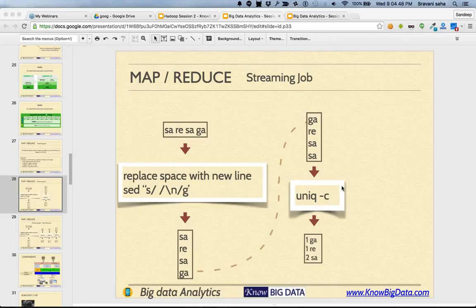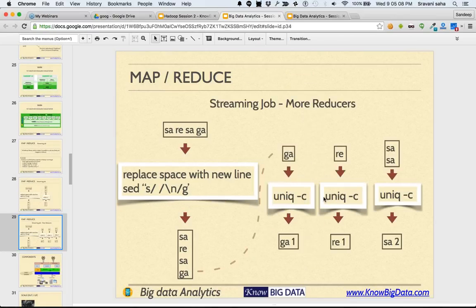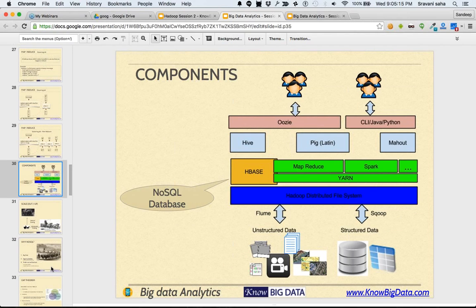Okay, but it's important to understand MapReduce. Okay, for those people who are seeing distributed computing for the first time, who have not used more than one computer at a time, for them also it's fairly new. All right. So you can see that in case there are multiple reducers, then unique will be executed parallelly in the same manner. All right, so that was a very quick introduction to map.